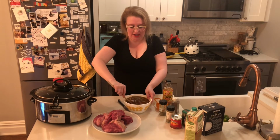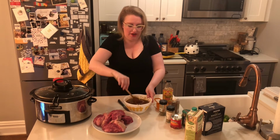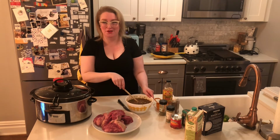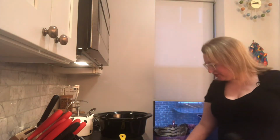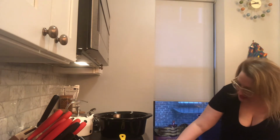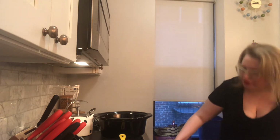And now we have our marinade sitting here. Beautiful. Okay, so now let's meet over at the stove, because that's exactly what we're doing. We're gonna go sear our meat. Okay, so the first step in making our beef barbacoa is to turn a medium-high flame on